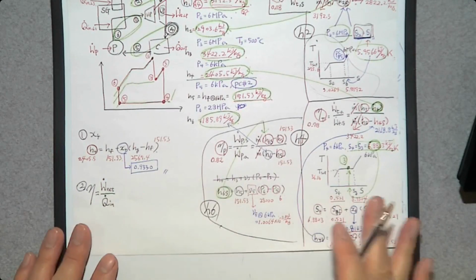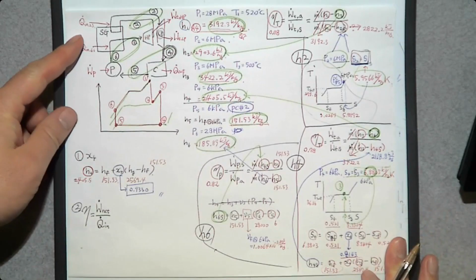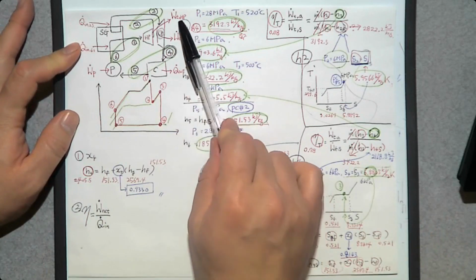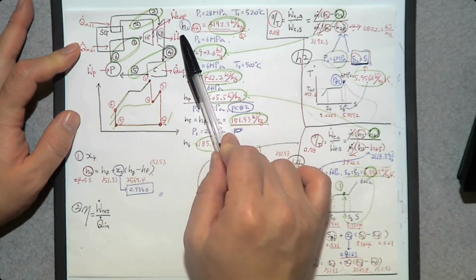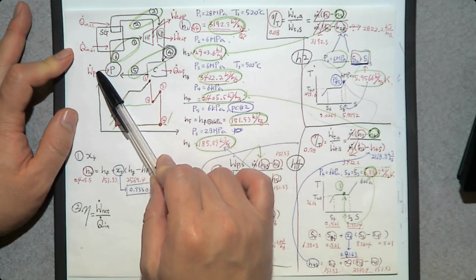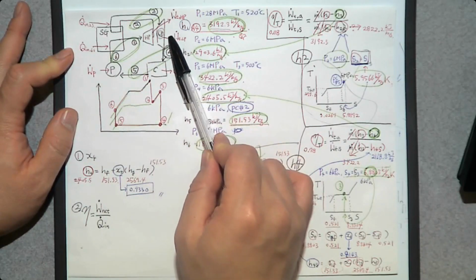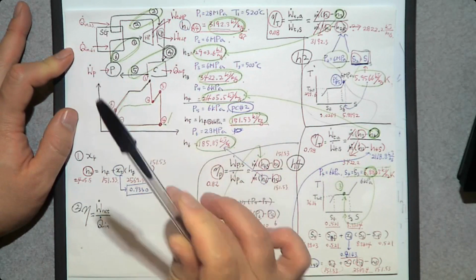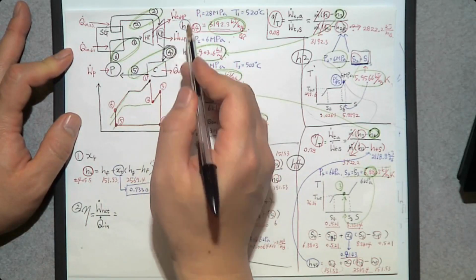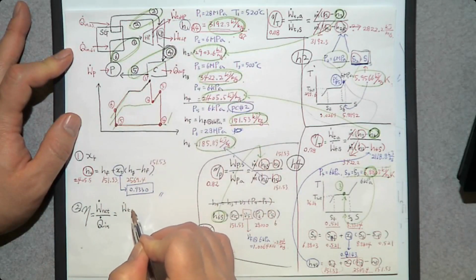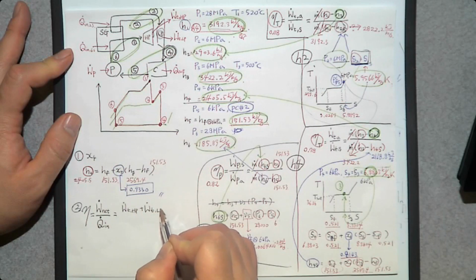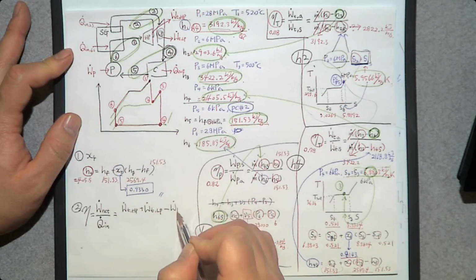So what is the net power in this ideal reheat cycle? How many powers do we have? Turbine power number 1, turbine power number 2, and pump power. So there are 3 powers. 2 are the ones that we produce. 1 is the one that we consume. So this is going to be the one that we produce: the turbine power from the high pressure turbine plus turbine power from the low pressure turbine minus the pump power